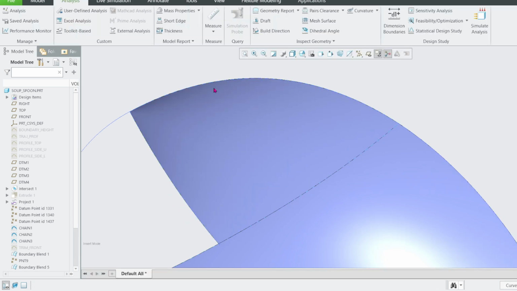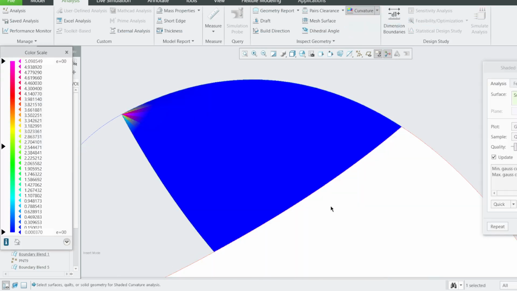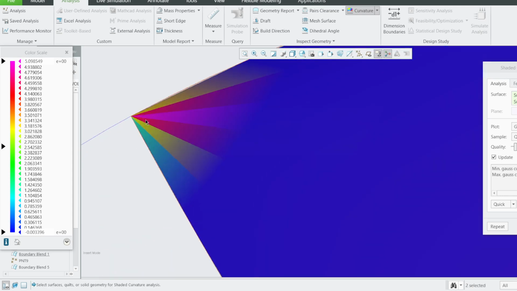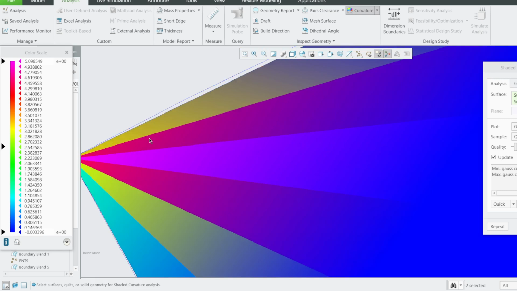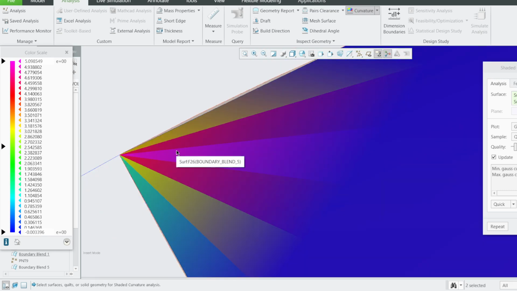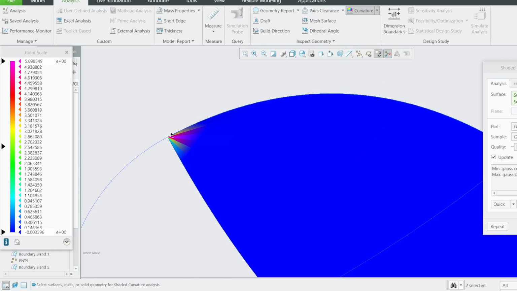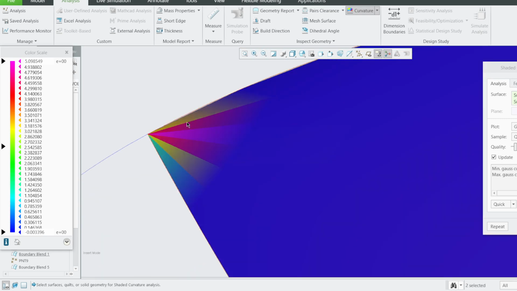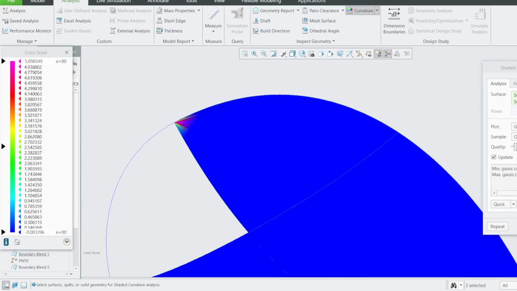And it is what I'm trying to show you here. If you go now back to curvature, let me do a shaded one here. You see, this is what we call singularity. You can see, because all these lines tend to converge to a place, and this is what we need to avoid. Whenever you use 3 for a boundary blend, if you are supposed to use 4, always ensure you must use 4, because now this one's here, as I have explained,